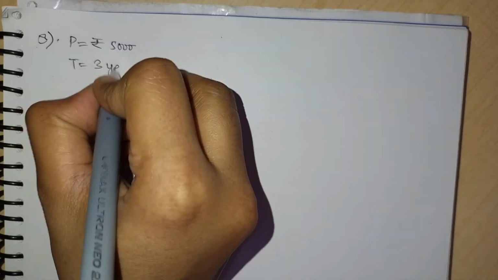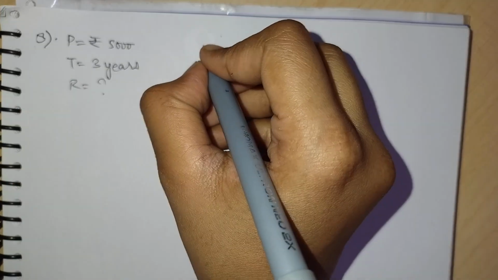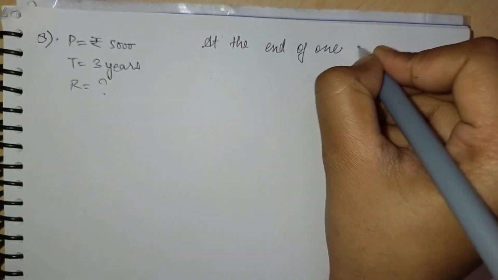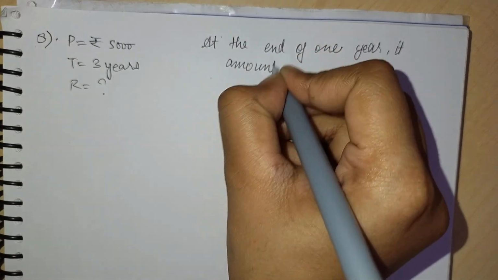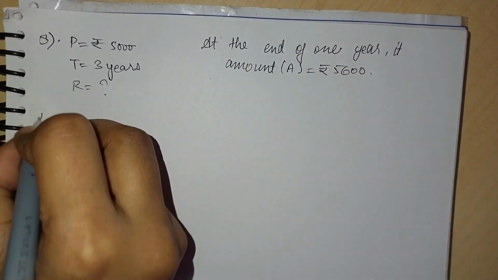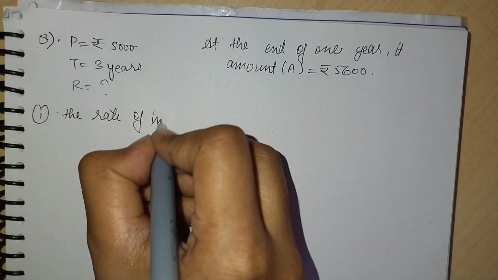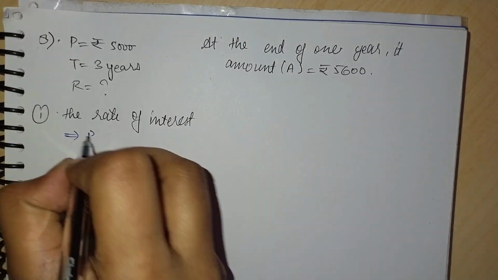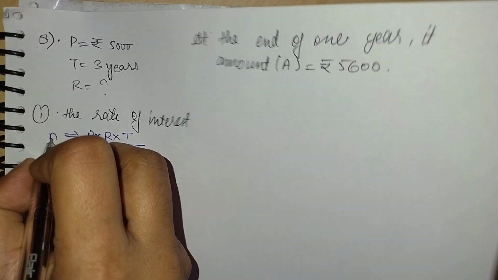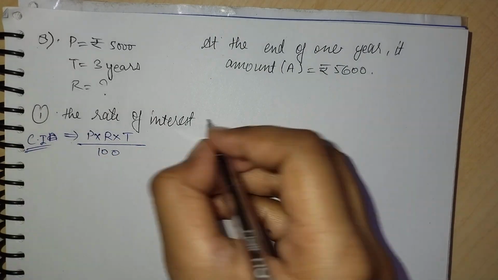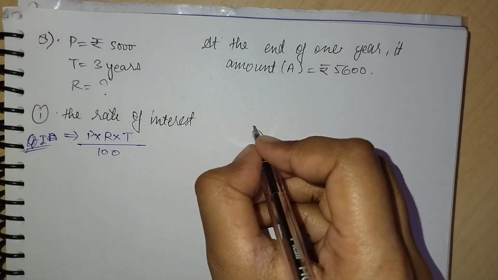Now the eighth question is, a man invests rupees 5,000 for 3 years at a certain rate of interest compounded annually. At the end of 1 year, it amounts to rupees 5,600. So firstly, we will find the compound interest by subtracting 5,600 minus 5,000. We will get as rupees 600. Then on solving for the rate of interest,